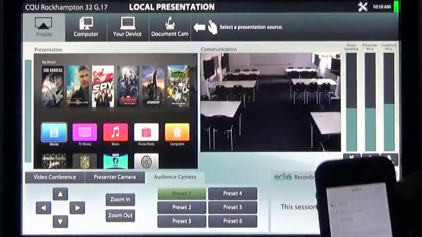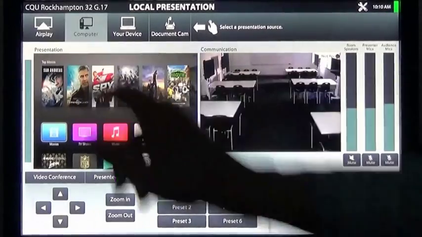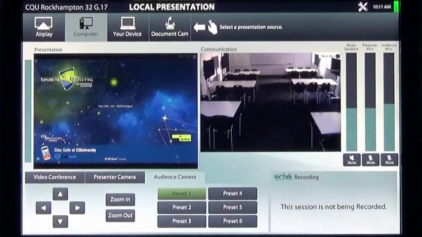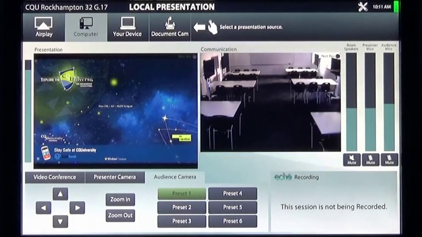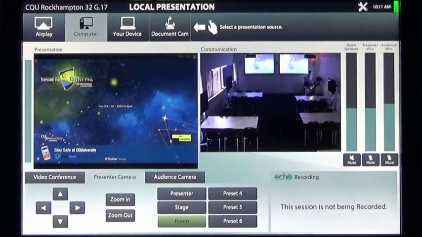To prepare for a video conference or recording, you may wish to set up the room cameras. ISL spaces have two cameras, the presenter camera and the audience camera. Only one of those two cameras is active at any given time. Output from the active camera appears in the communication window, is captured during a video recording, and, in a video conference, provides a view of the local room to conference participants. A camera is activated by simply touching its tab.